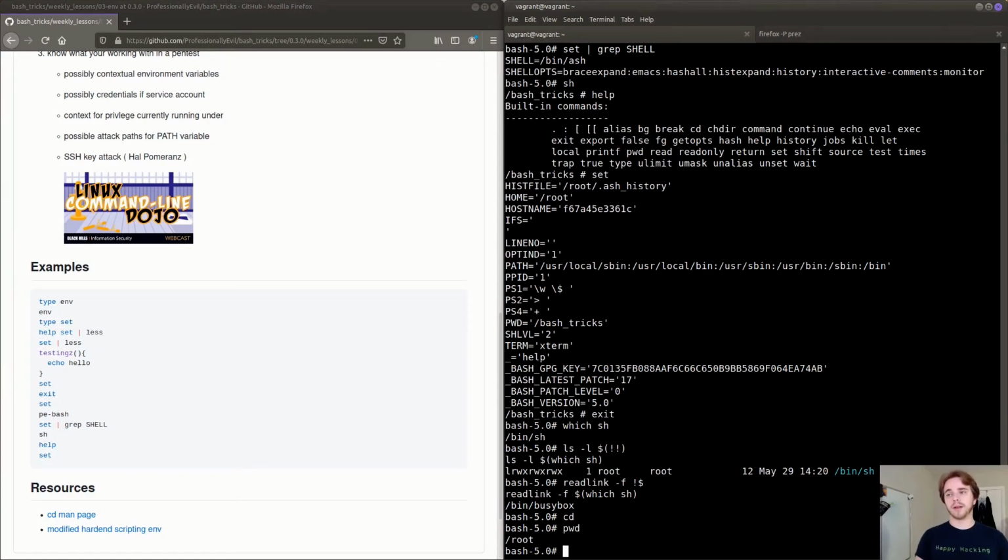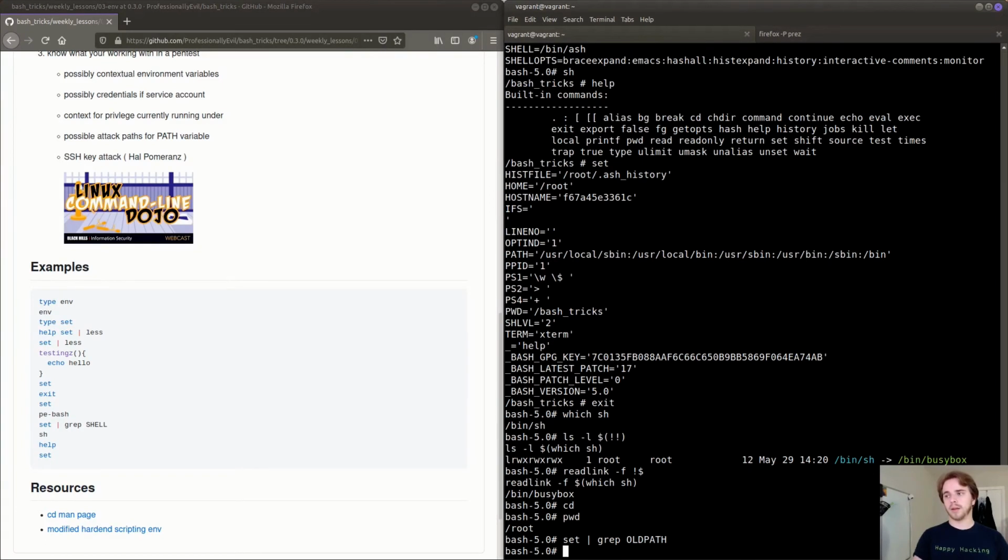And then a lesser known functionality of cd is you can actually do cd space hyphen and that will take you back to your old working directory. So if we do a set